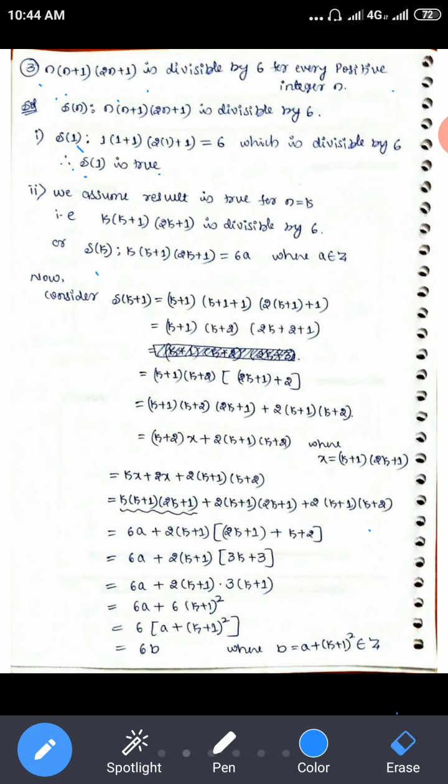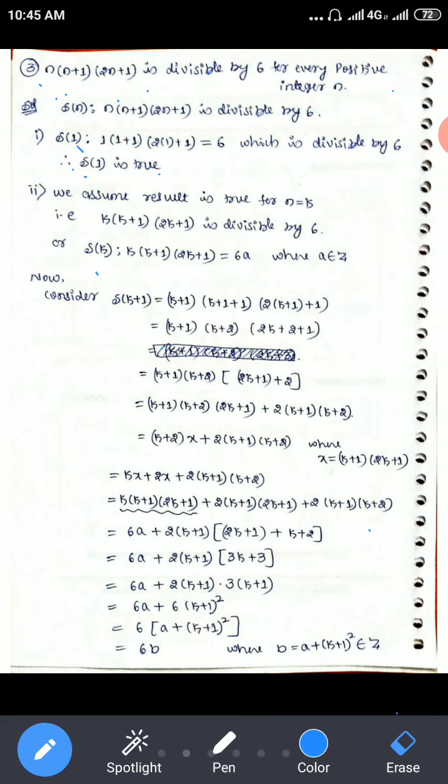So next, therefore k into (k+1)(2k+1), I can write it as 6a. Okay, so next 2 into (k+1)(2k+1), so that is again 2 into x, meaning you write it 2 into (k+1)(k+2). So this term is 6a, this term is 6a. So next,